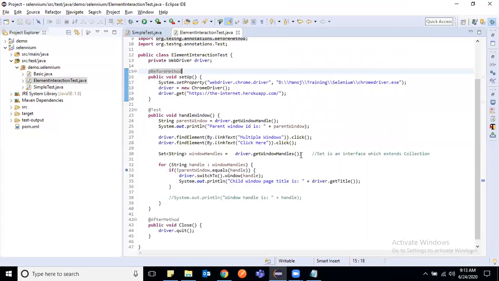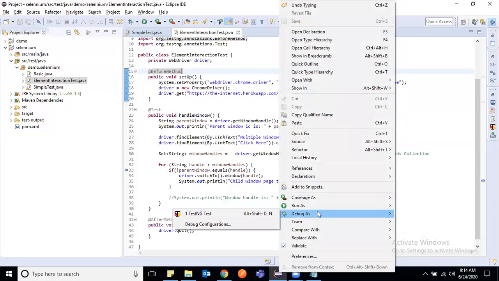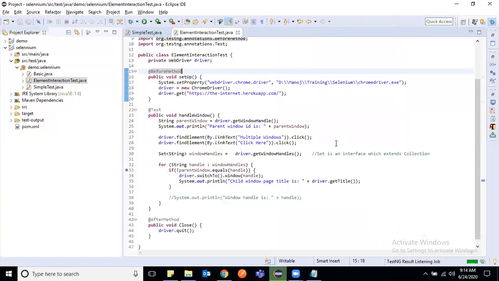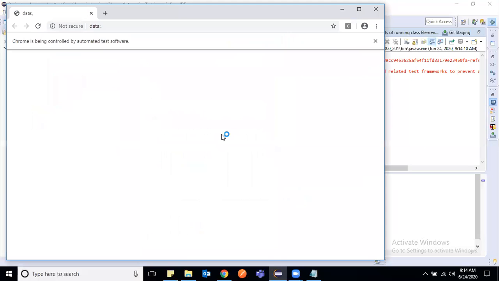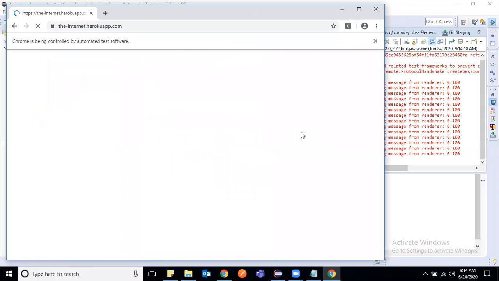This really helps us when we work in real-time projects. If something goes wrong and you are not able to see what is happening, you have to use this debug breakpoint, and it's very useful when you're writing code. Now after putting the breakpoint, let's debug this. You will see it will launch the browser, do everything, and stop at the point where we have the if condition.